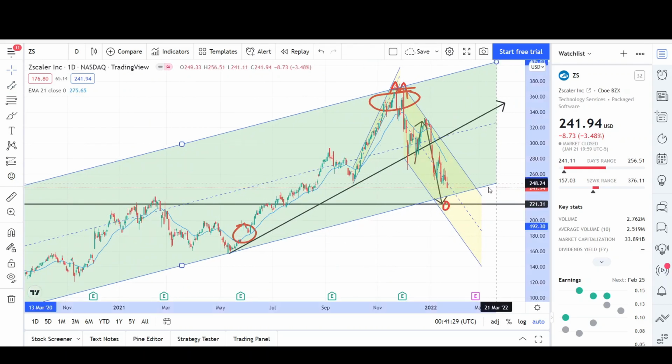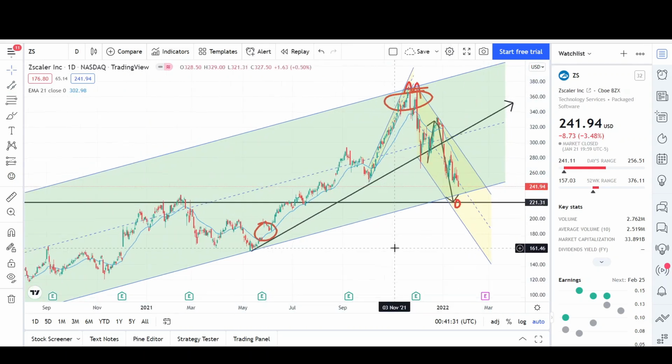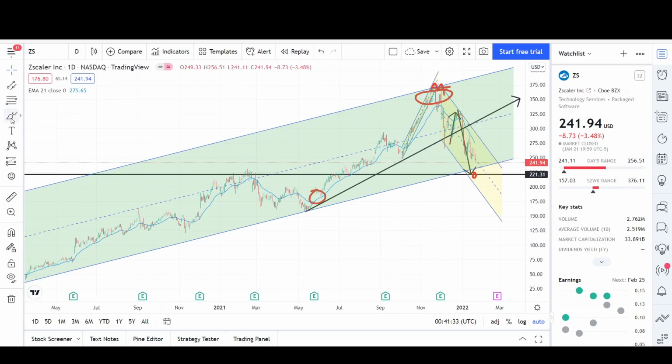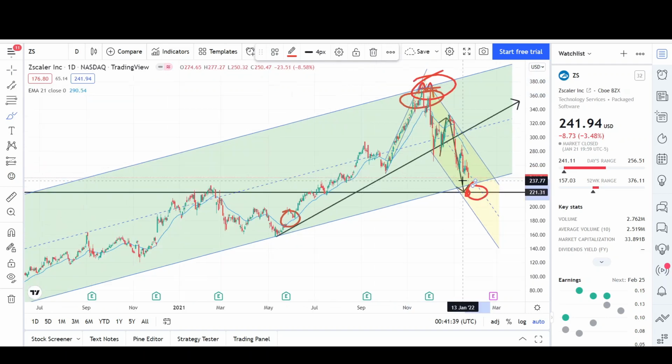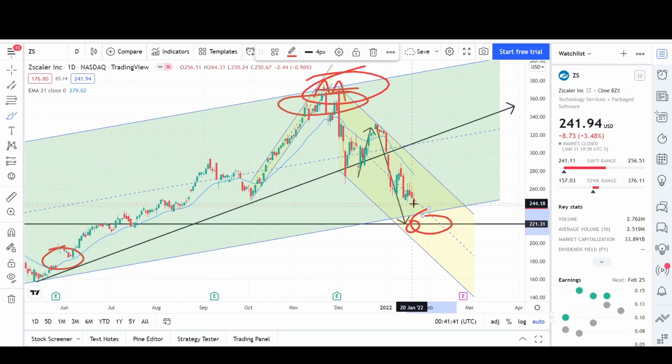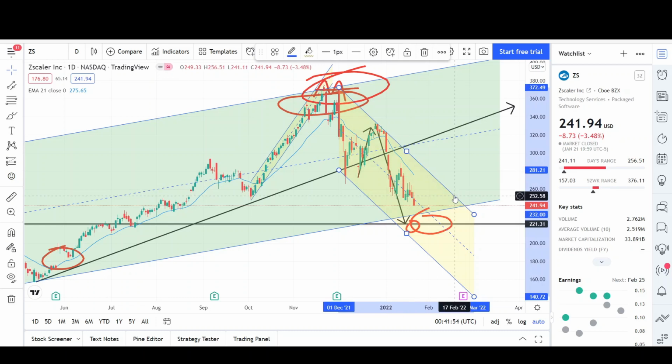And if I just fit it right there, yeah, so this looks like the uptrend pattern, and you can see that we were at the top side of the channel, and normally if we're at the top side, we work to the lower side. So the lower side is almost coming into play. You can see that there is some support right here, but if this yellow channel is in play, then we could continue much lower. So if it's not, let me just erase it because it doesn't fit that great,